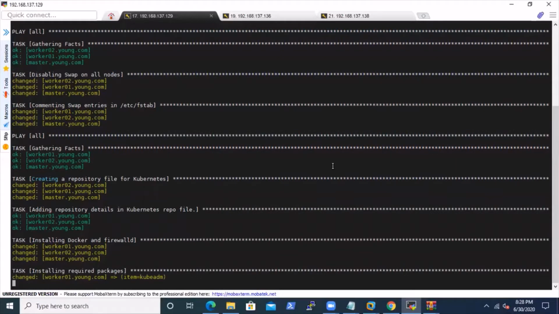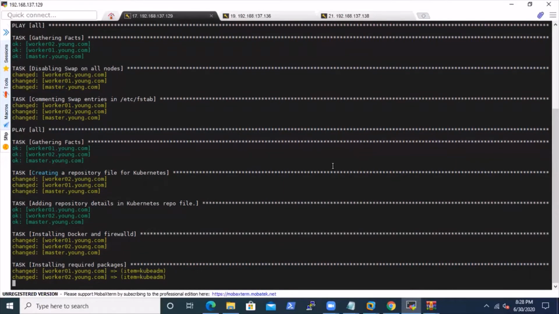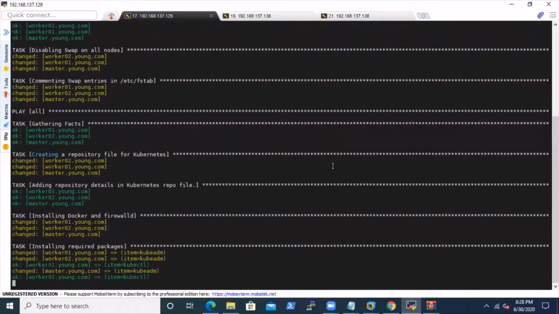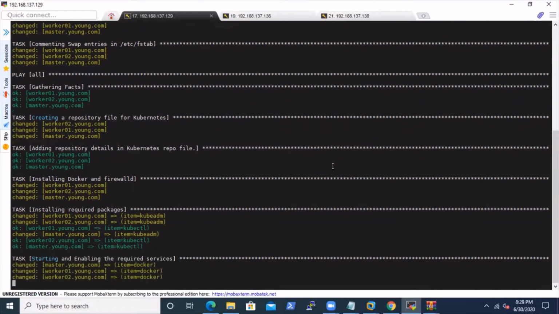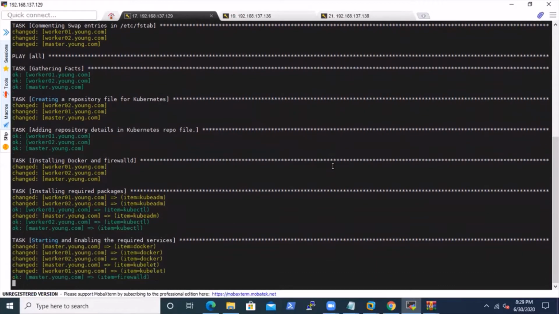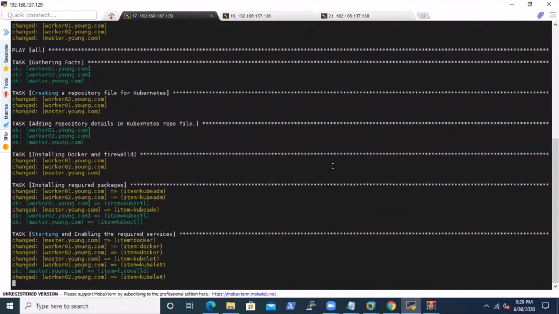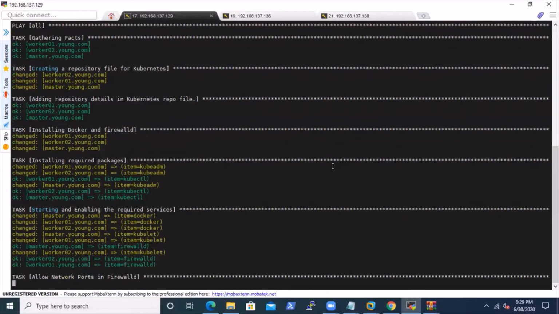Okay, started. See, it is installing kubeadm and kubectl on all these three nodes. Now it will enable the services like the Docker service, and kubelet and kubeadm will start. You can see it is starting the services on all the nodes.